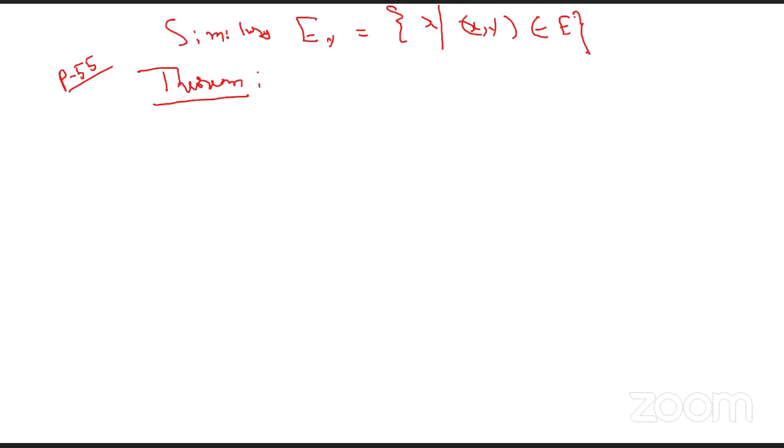Prove that, or show that, if E belongs to R sigma delta, then E_x is a measurable subset